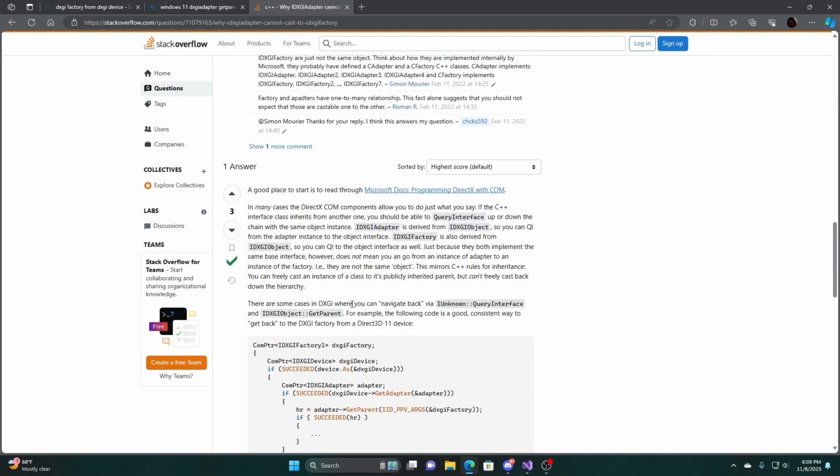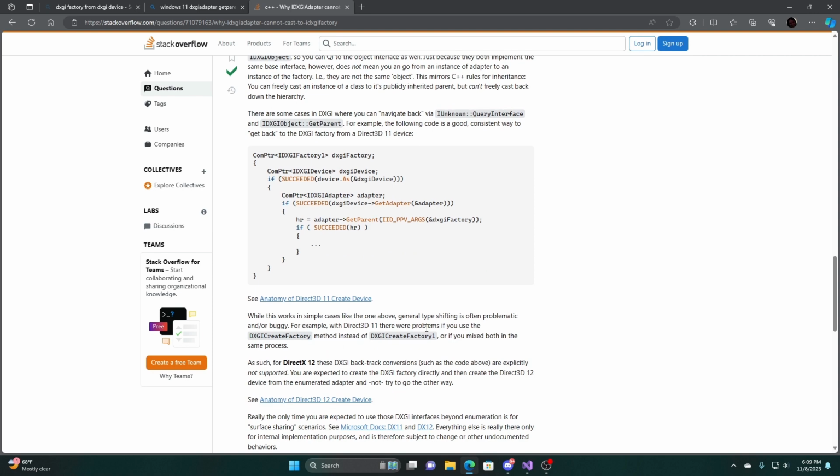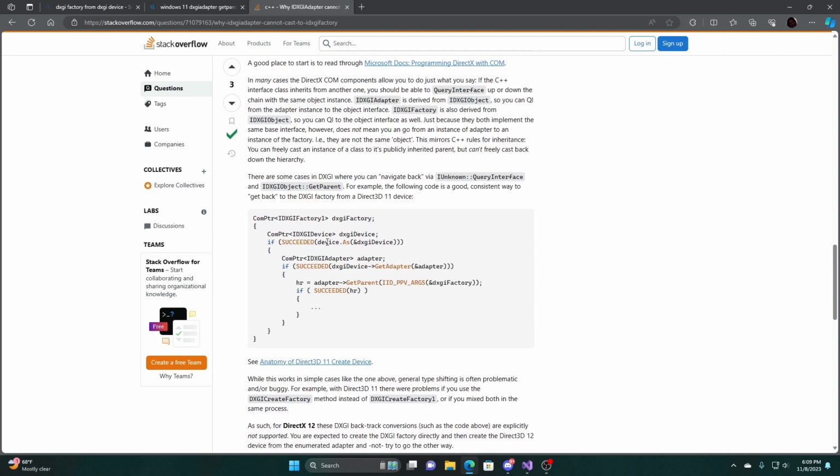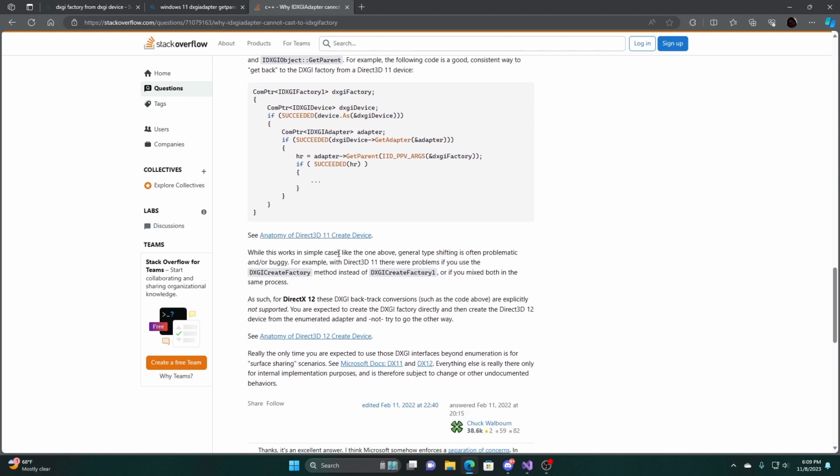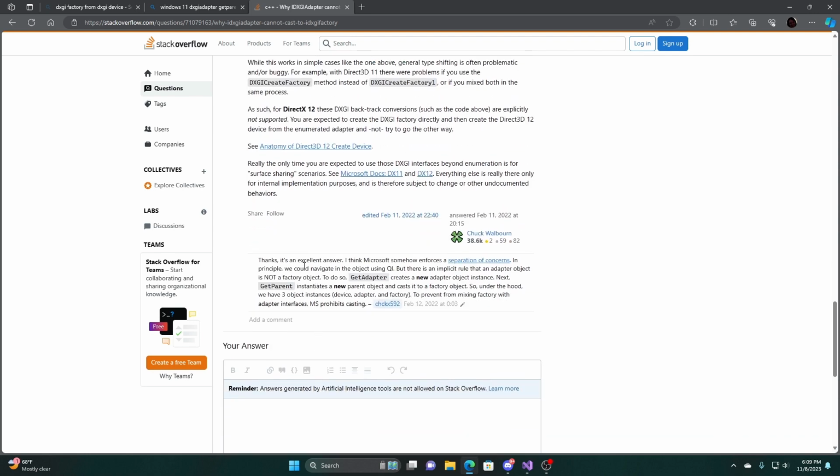In some cases in DXGI where you can navigate back via query interface and get parent, for example, the following code is a good, consistent way to get back to the factory from the Direct3D 11 device. You take the device as DXGI device, adapter, and adapter get parent DXGI factory. While this works in simple cases like the ones above, generally type shifting is often problematic and/or buggy. For example, in Direct3D 11, there were problems if you used the create factory method instead of create factory 1, or if you mixed both in the same process. As such, for DirectX 12, these DXGI backtrack conversions are not there. Basically, that's